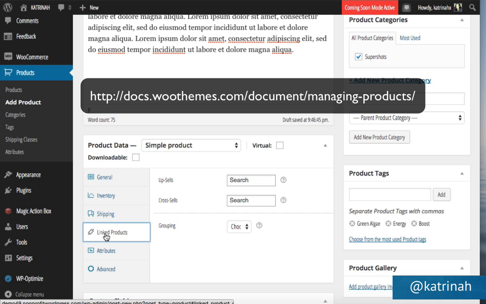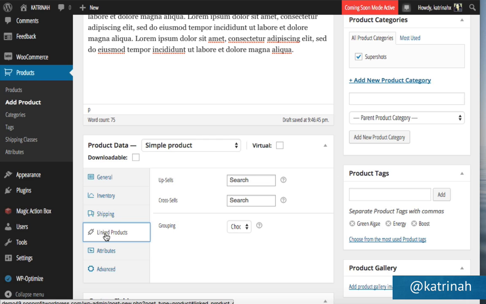Here, if you'd like to link your products, whether you want to upsell or cross-sell products, this is a great way to sell more products on your website. You can do so here. And again, here you want to check out this question mark to read more about it. Now, I can't create any upsells or cross-sells right now because I haven't created any products to upsell to. So we'll have to come back to this a little bit later. And again, I will leave some links down below so that you can check this out.